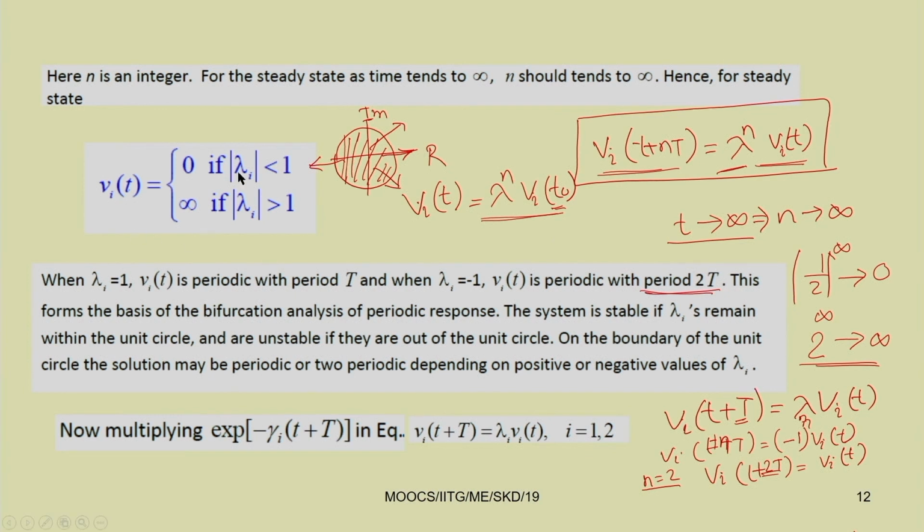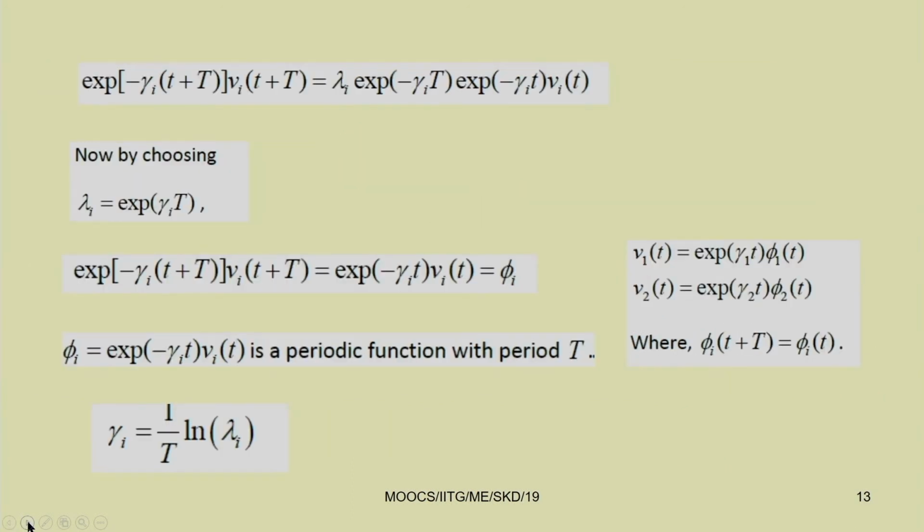We can write it in another form also, instead of using lambda. Now let us multiply e to the power minus gamma_i (t plus T) in this equation, V_i(t plus T) equal to lambda_i V_i(t). Multiplying both sides by e to the power minus gamma_i (t plus T), we can see e to the power minus gamma_i (t plus T) V_i(t plus T) equal to lambda_i